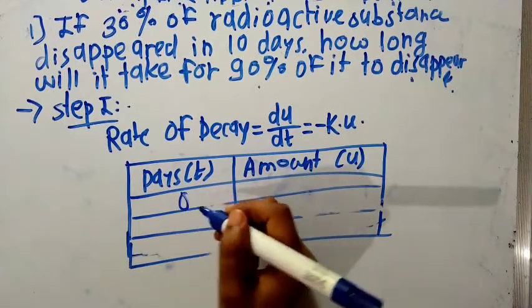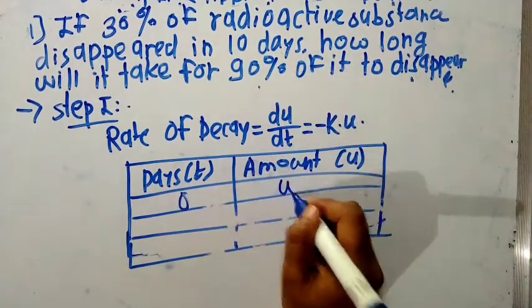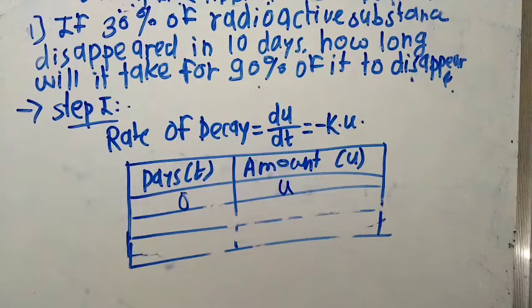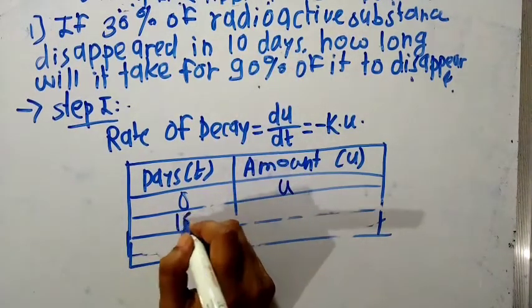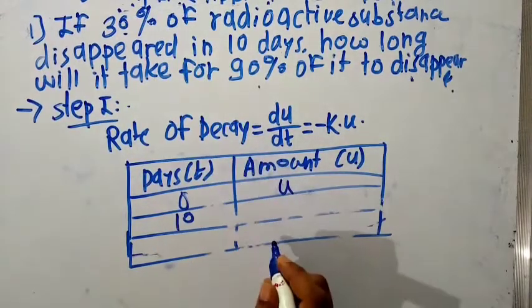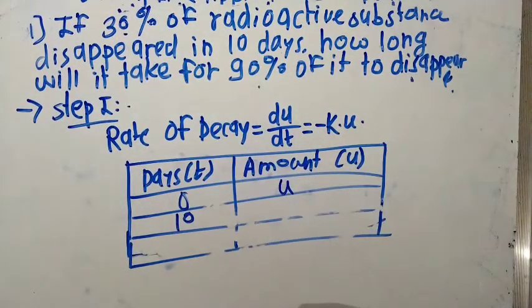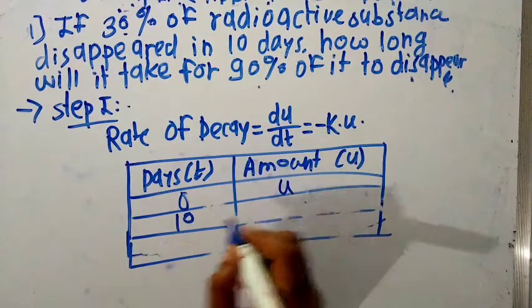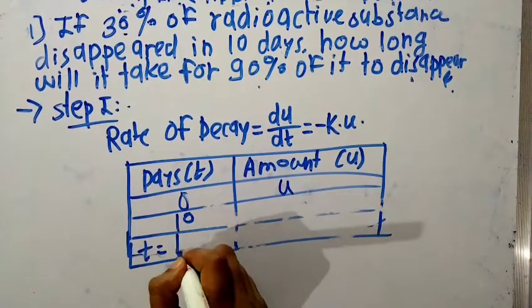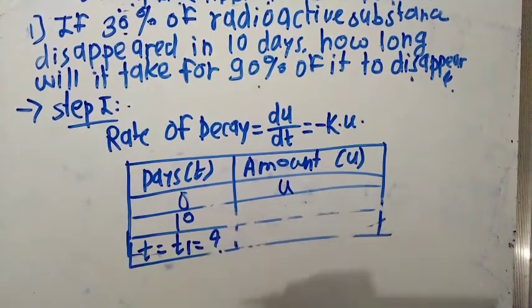Here for 0 days, the amount is u, then for 10 days, 30%. How much for 10 days, and t is equal to t1, which is equal to